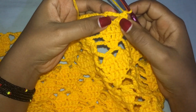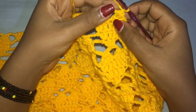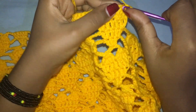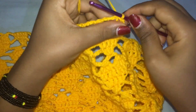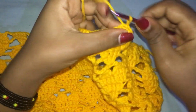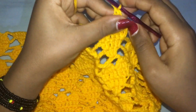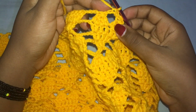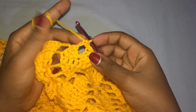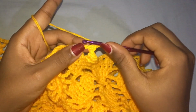So now you're going to slip stitch until you get to the middle chain, to the 3rd chain, just like how you would do when you ended with hearts. You would make slip stitches until you got to the middle. Okay, so once you get to the middle stitch, you're going to chain up 3, yarn over, make